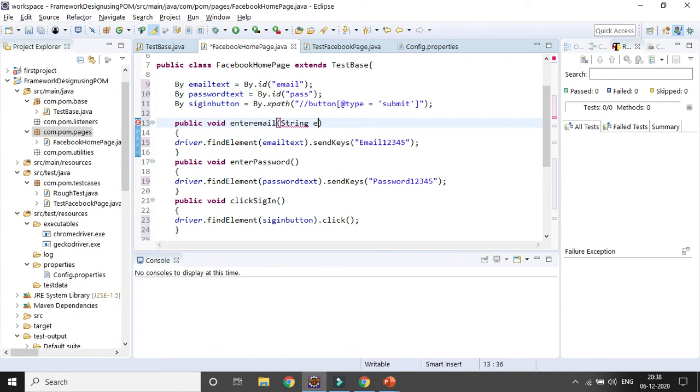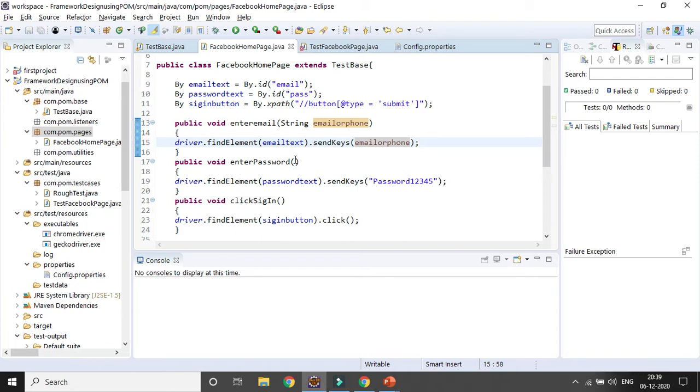So I will be using the variable as email or phone, and here instead of hard coding the value, I will be using that parameter, so that whenever we call it in the main method, we enter the value every time. If I need to test the same thing 10 times, I would otherwise be hard coding it 10 times. So that is the beauty of this particular field.